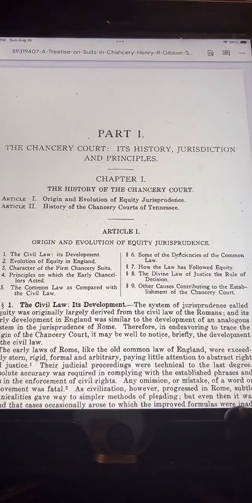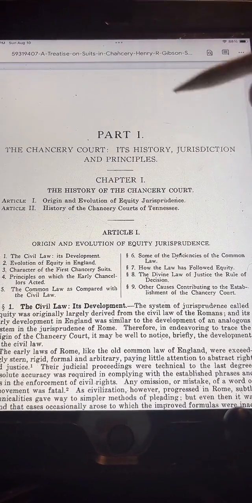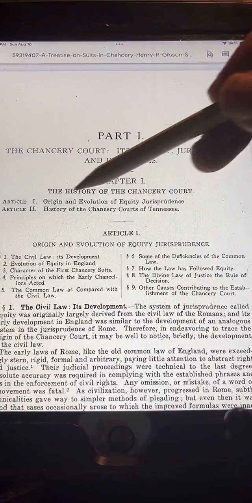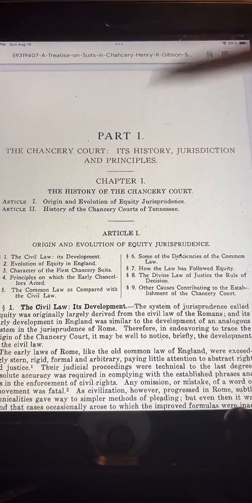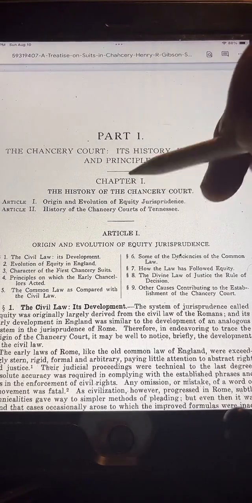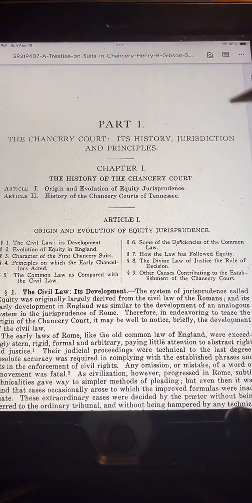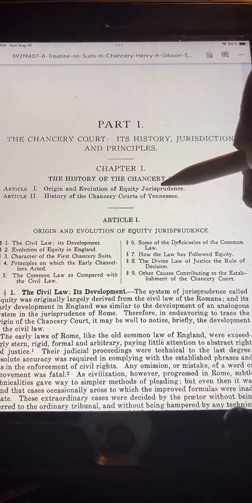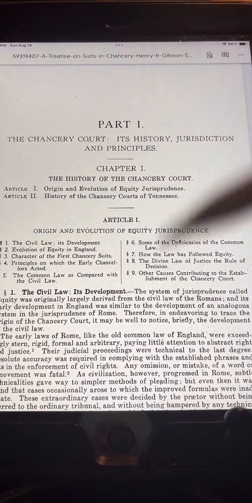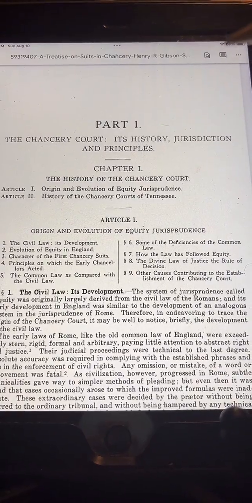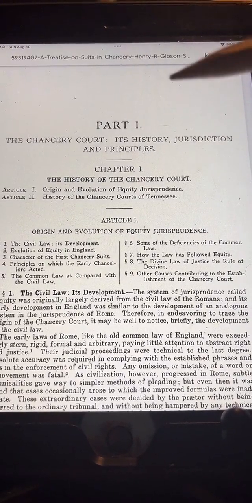so the Chancery Court, right? Its history, the jurisdiction, and principles. The history of the Chancery Court, the origin and evolution of equity jurisprudence, the history of Chancery Courts of Tennessee, right? These are your 2 articles that are taking place here. Now, if you don't understand, equity jurisprudence is the foundation of all of the trusts that everybody has you setting up. If you're one of those people that's learning how to operate in the private, the first thing that you need to know,